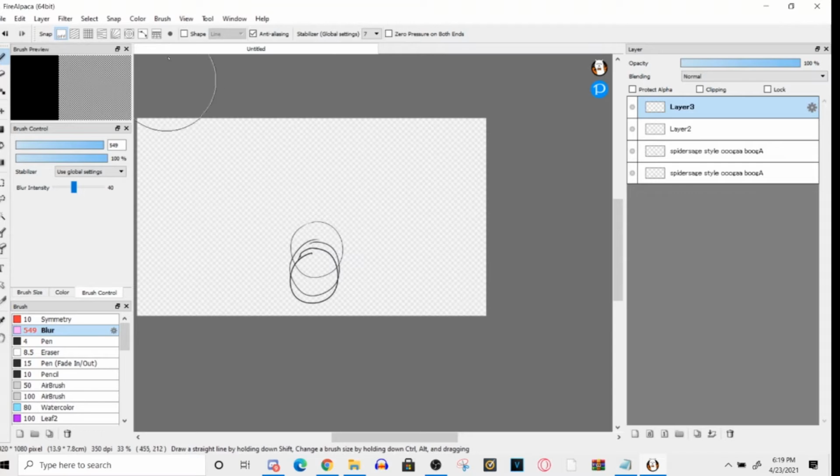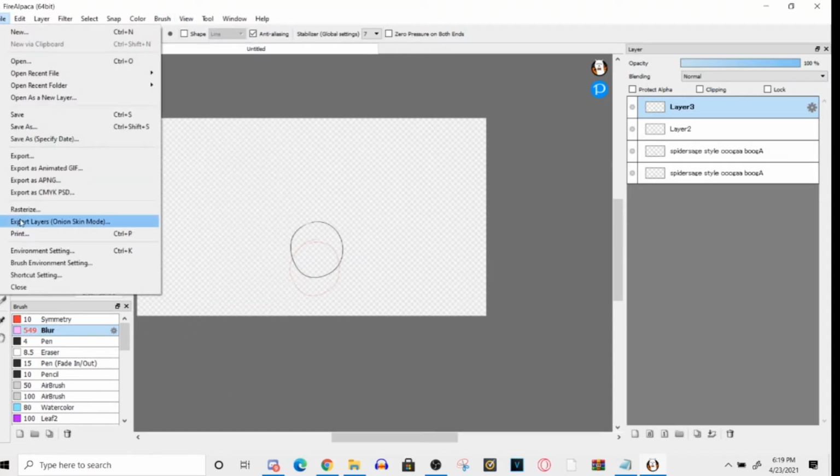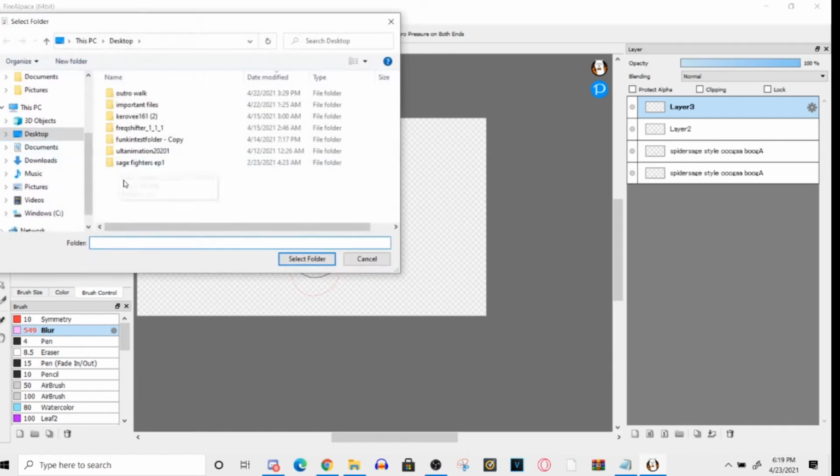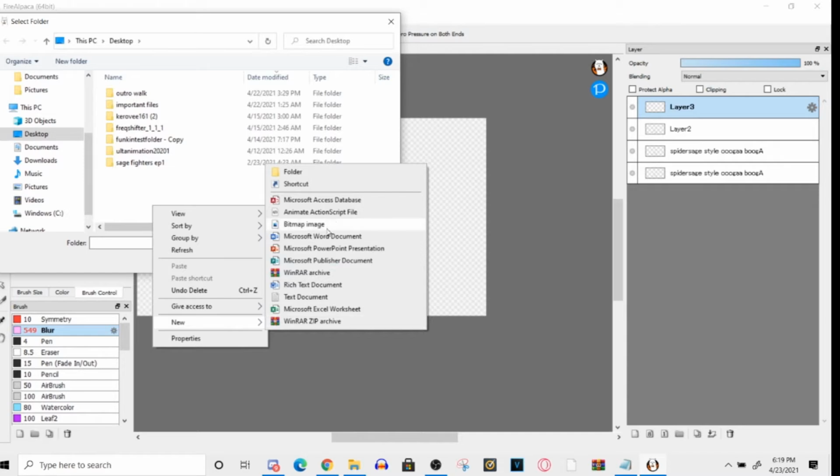Alright, so since I have this, I'm gonna turn this back on. I need the onion skin for this. File, export layers. It's gonna ask me to make a folder, so why not? Folder